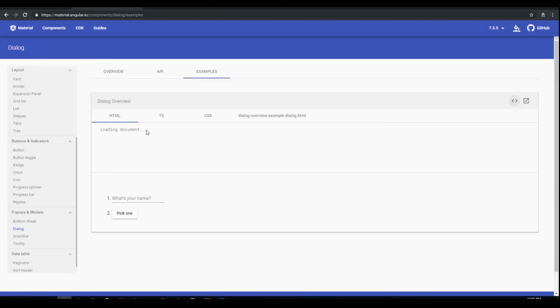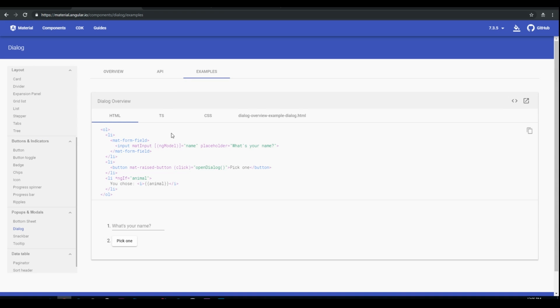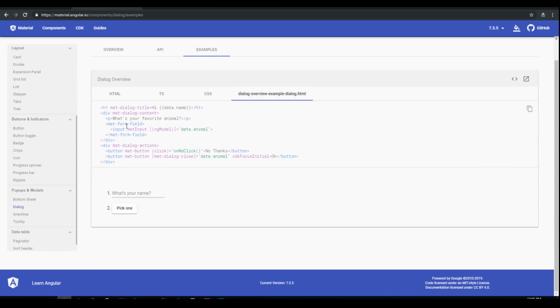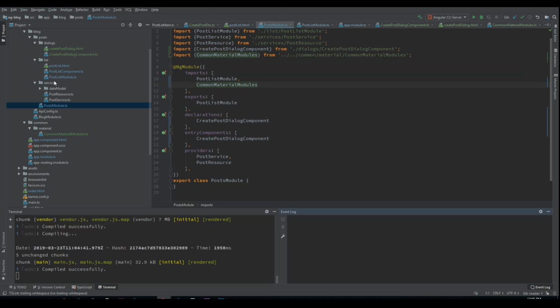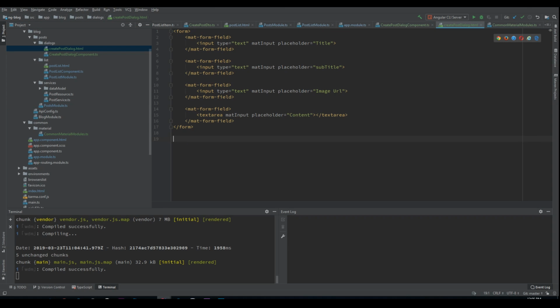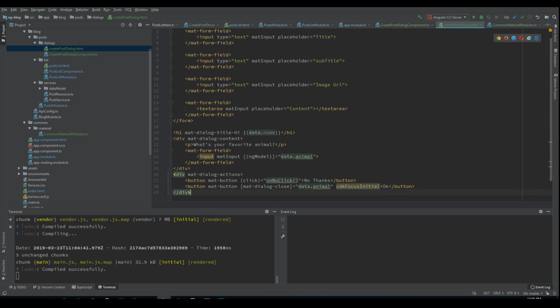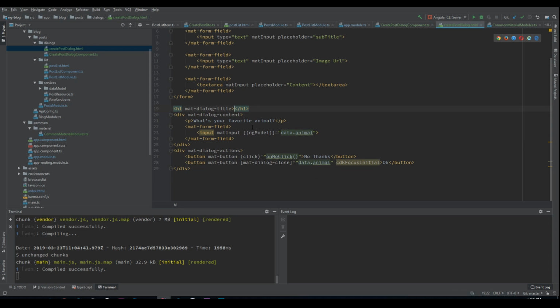Let's just copy the example from here, paste it inside our dialog, and we will use the dialog title, new post dialog, let's call it like that. The dialog content will